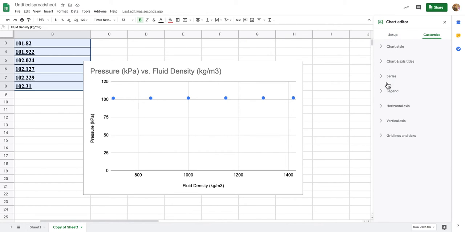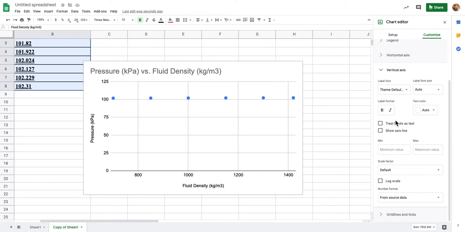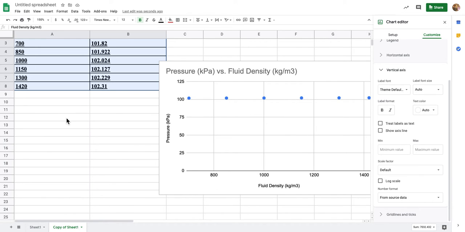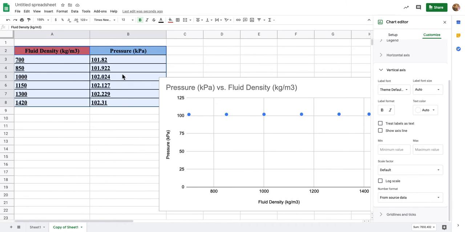and we're gonna go to the vertical axis, and then you are going to look at your data and say, all right, what would be a good range to put here? So one way that you can do that is go to your table again, right? We're looking at the y-axis, that would be pressure. And what are the highest and lowest values I see? All right, so my lowest is 101.82. My highest is 102.31, so maybe we can make it